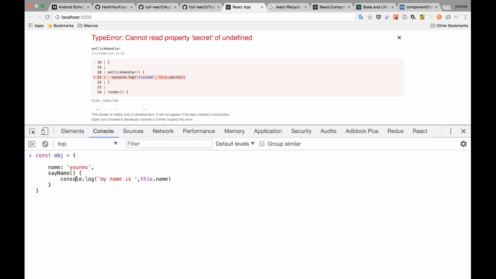This is the object. Super simple. When you call the name based on this, in the other places the name was undefined. So when you call it, it's kind of like that, but still not really the truth. The truth is,